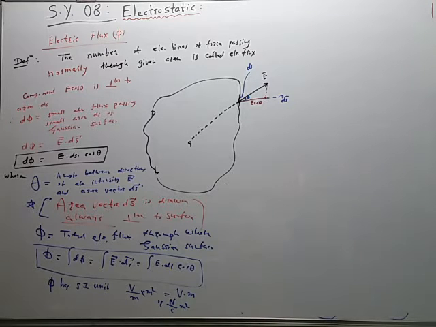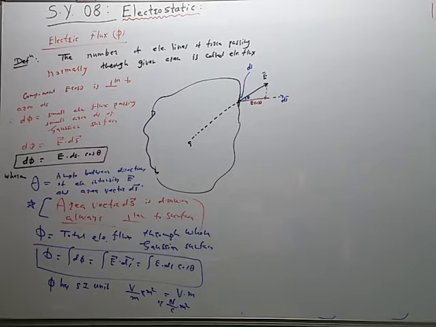So we are going to use these two relations. In one equation there is only Q, the charge kept inside the closed surface, and permittivity, and in another relation there is the electric intensity E, area vector, ds, etc. So by combining these two relations for electric flux, we can determine the electric field intensity due to a body having the charges. The shape of the body may be different.